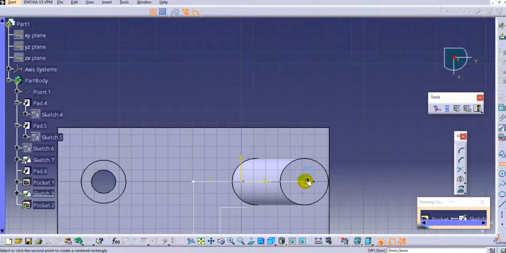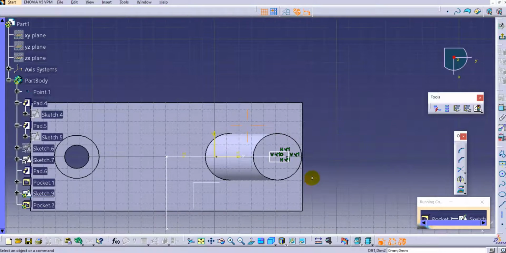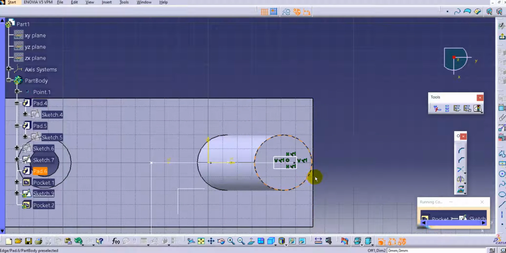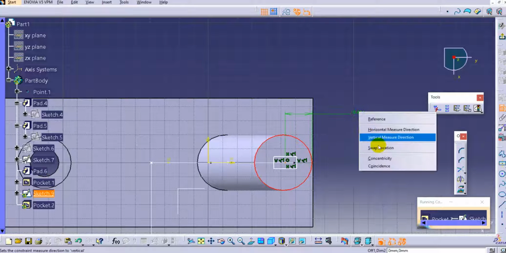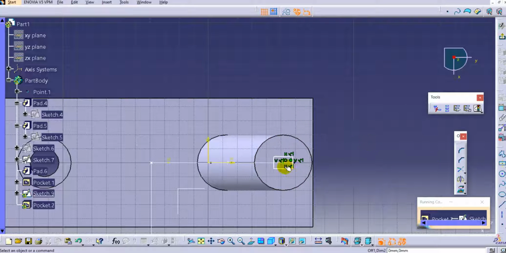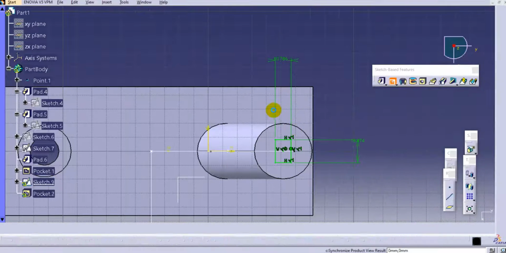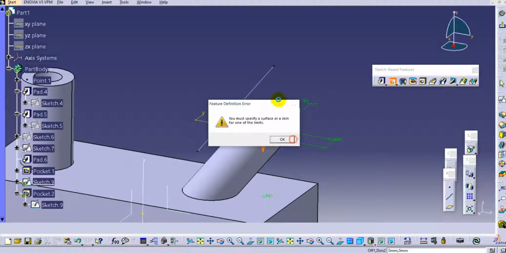It is a bit smaller one, so we'll just create this rectangle here, and here just provide the dimensions. Now again here you can select this point and select the circle, and you can make it concentric. So now it is concentric with that point, and you can just provide the dimension for the length and width of the rectangle. Just provide it and then click exit. We'll keep this as it is dimension.